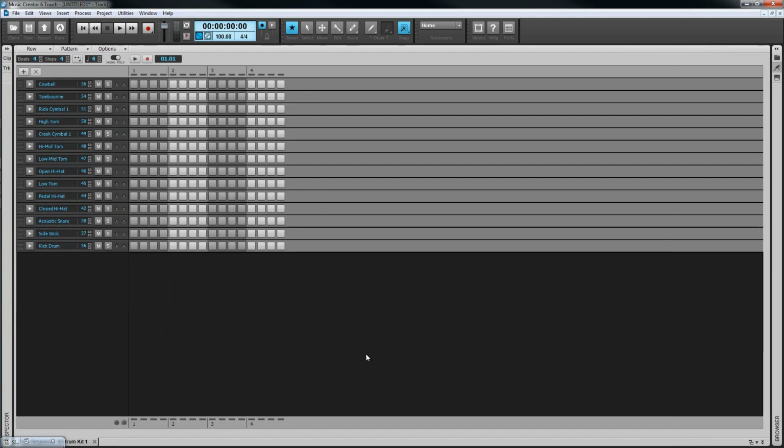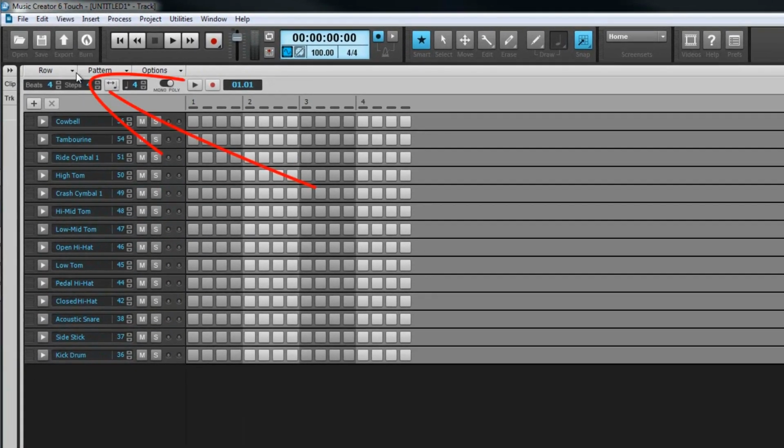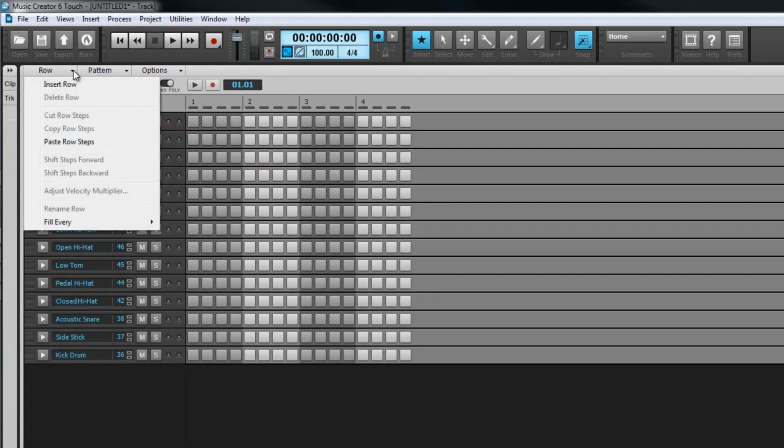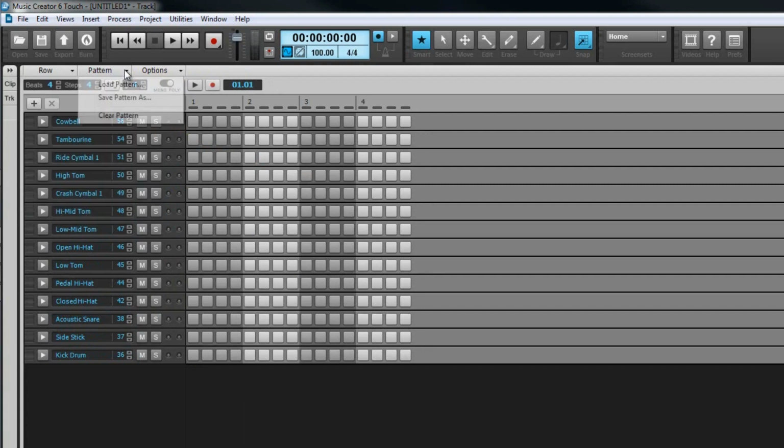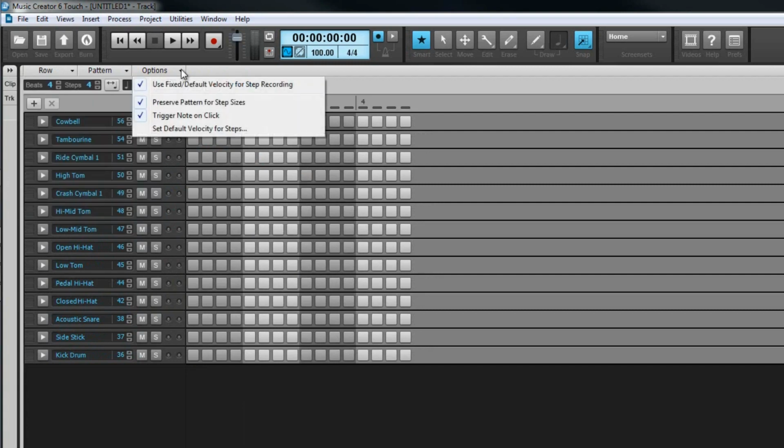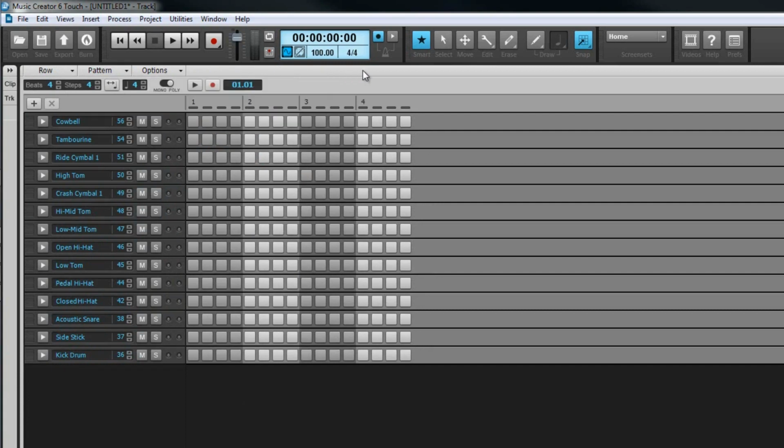the track selected. Like many of the other views, this also has its own menu. Rows for inserting, deleting and other row-related functions, including filling a row in regular steps. The pattern menu allows us to save, load and clear patterns, while the options menu allows adjustments of various sequencer settings. The icons and data entry boxes beneath adjust the number of beats and steps per pattern, as well as